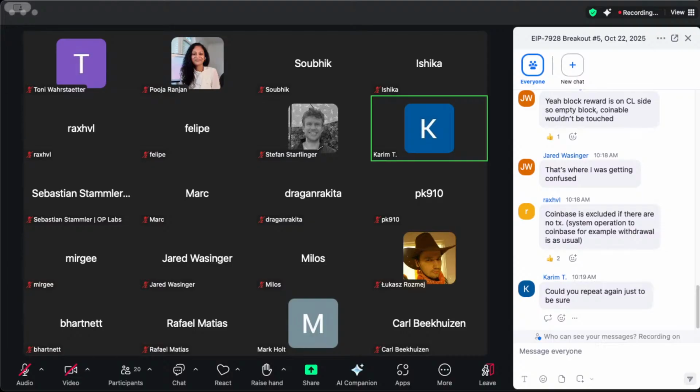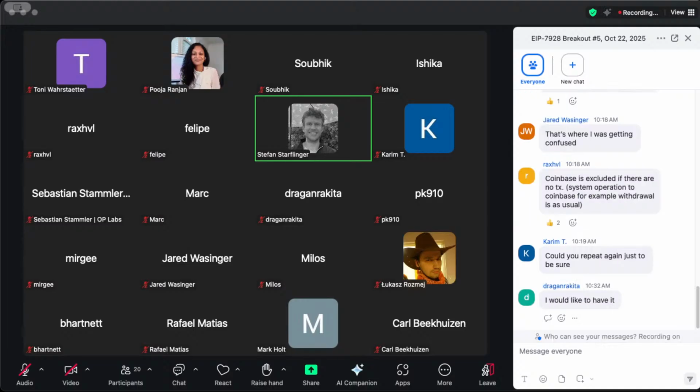Do we want to have the Coinbase modifications for the next DevNet? Because I think we'll have to do some modification in Besu. That's a good question. I think maybe Tony, that's something we could find out before we start, if we want to wait and have that modification in or not.